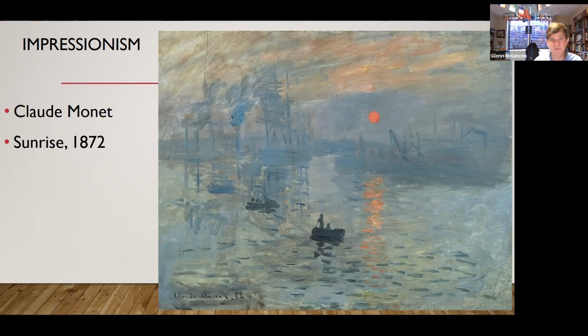If you look in the middle, you see boats, but they don't look like boats, right? It's just as if you were glancing by, as if your eye passed by and you knew it was there, but you didn't focus on it completely. The landscape blends away in the background. And what really becomes important is the interaction between the sunlight and then the environment, the water, the fog. Everything creates an impression of the moment.